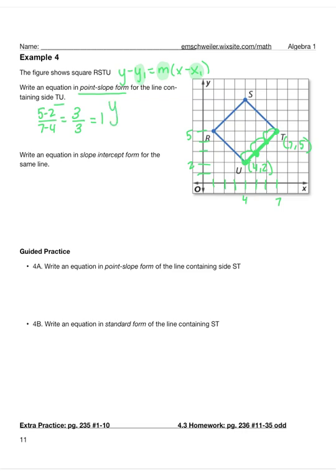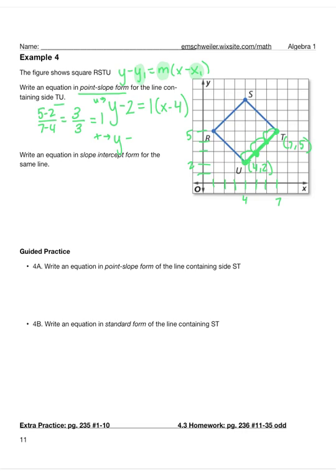So if we are using point U, we would be saying the y-coordinate is a 2, the slope is a 1, and it's x minus 4. But if this was like a quiz or a test, I would actually have 2 answers that are correct on here, which usually doesn't happen too often in math, because we could also use point T, which would be y